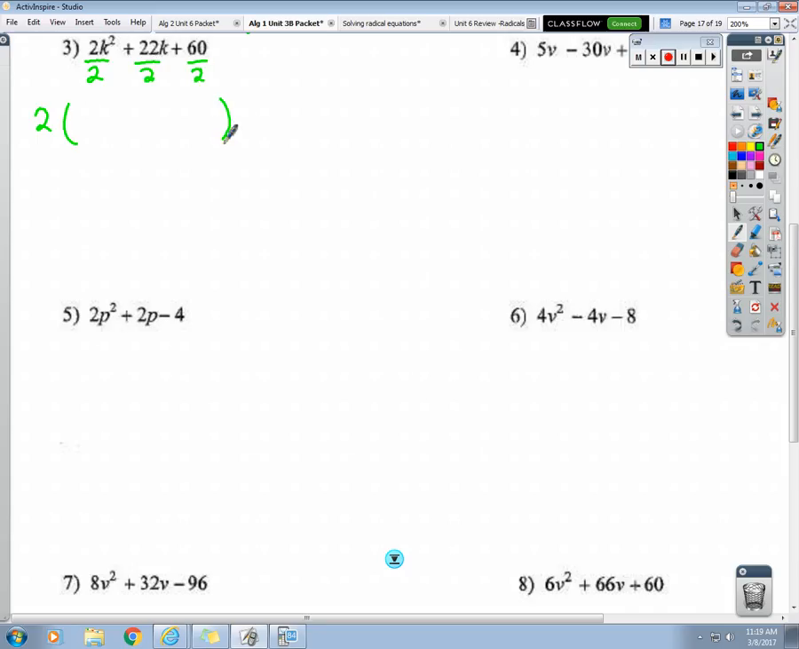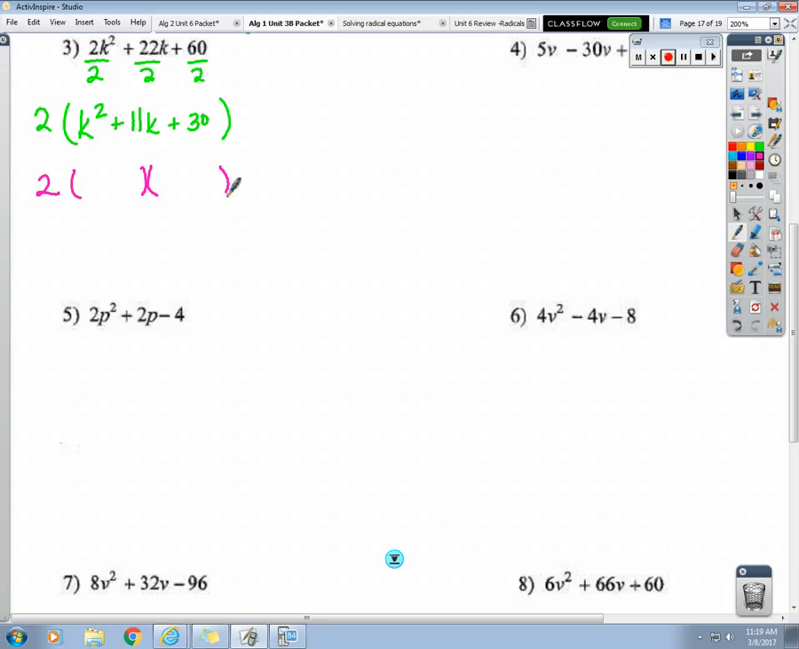We'll learn that on the next page. Okay, so what is 2k squared divided by 2? K squared. What is 22k divided by 2? Positive 11k. And what is positive 60 divided by 2? Positive 30. So now that that 2 is factored out, haven't we created ourselves a trinomial that can be factored